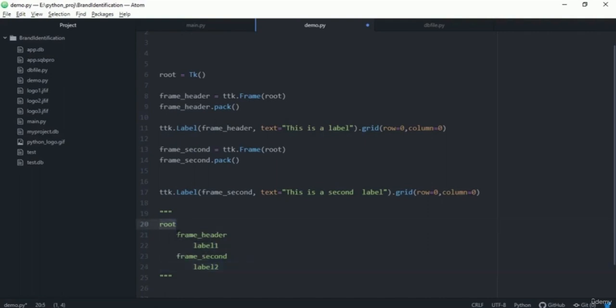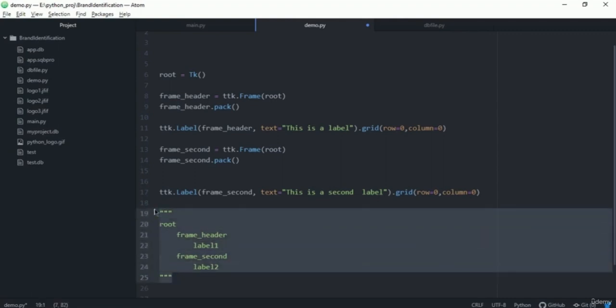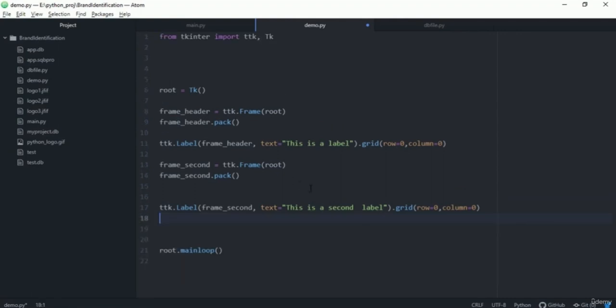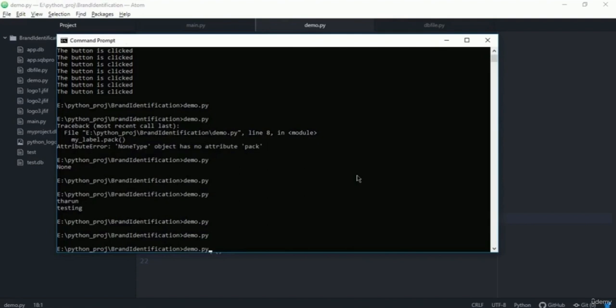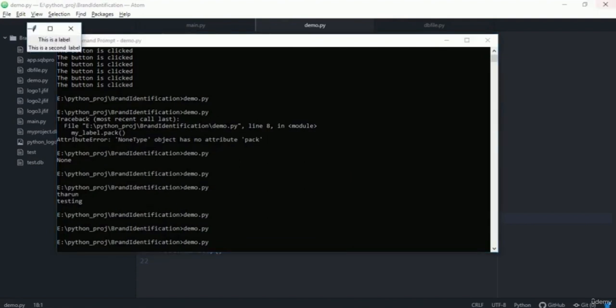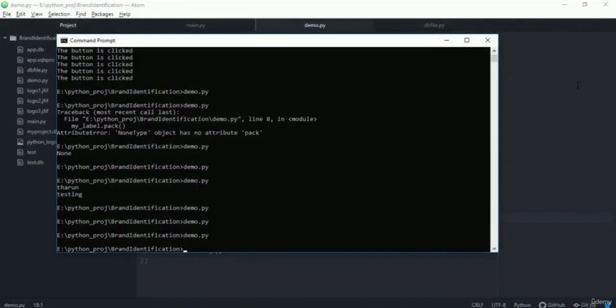So root has 2 children, and frame header and frame second are those. Frame header has 1 child and frame second has 1 child. So this is how it makes the organization neat. If I run this, you won't see any kind of difference because I did not have any border for the frames and so on, but we'll be having those kind of borders. For example, I can configure it,